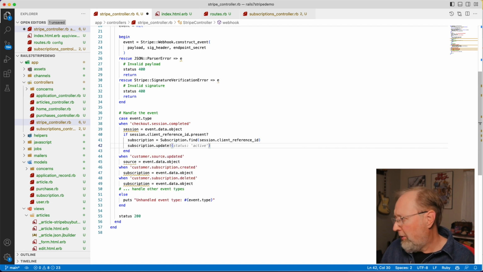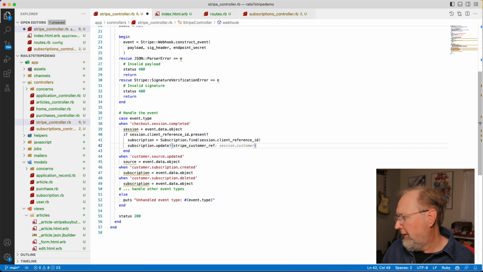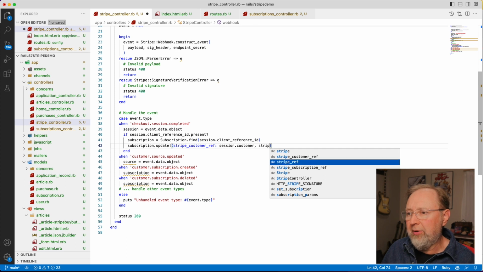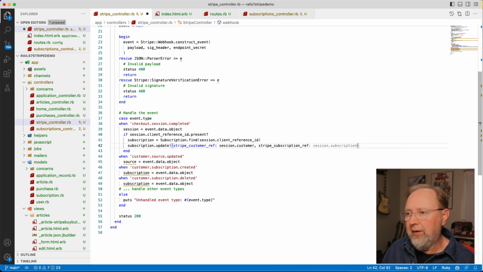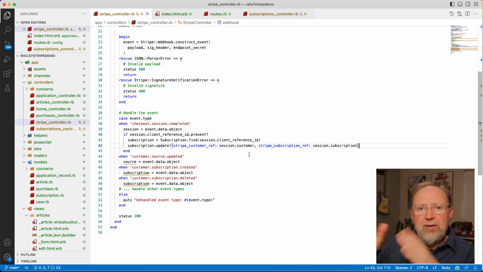And now we know we can get the Stripe customer ref from the session object. You'll see that in a second. And the Stripe subscription ref is also on there, session subscription. So those two IDs, now we know, because the session is a very fleeting thing, so it's going to come in, we're going to say the session's over, but the next thing it's going to say is, okay,